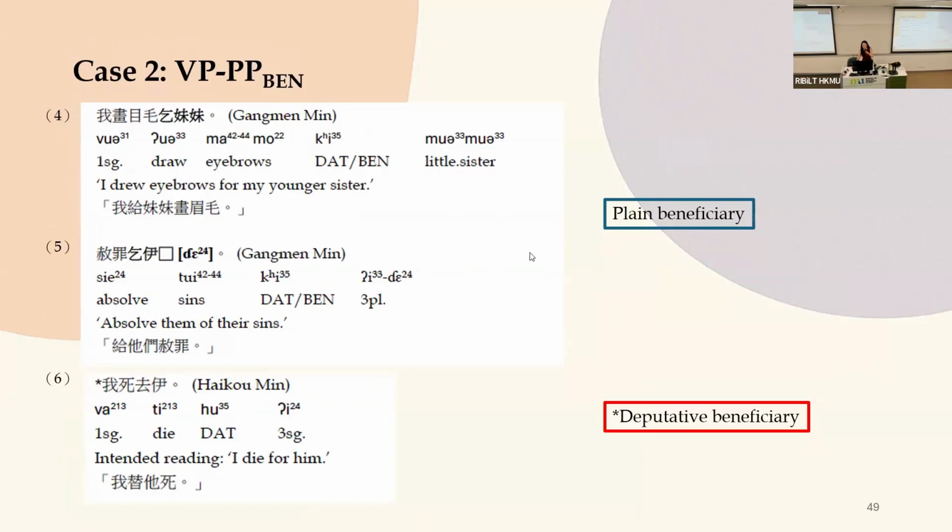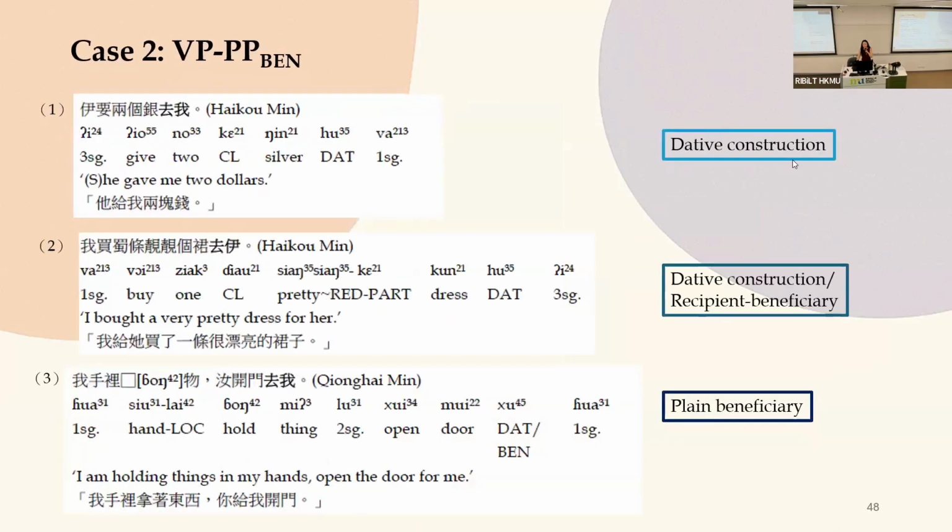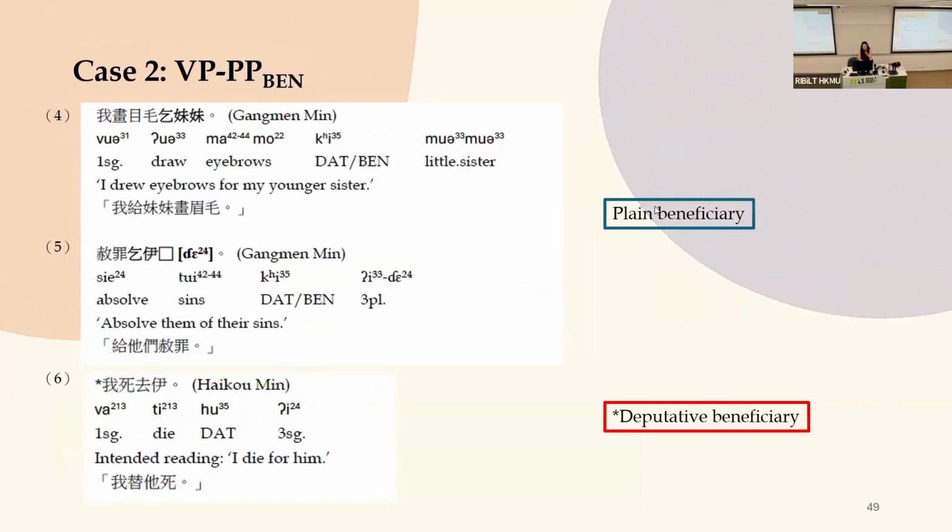But if we put it back into context, we can see it's not just a copy of the Be or Hlai word order, but it actually derives from a pre-existing dative construction. And we can see a rather clear roadmap to go from a dative construction to a recipient beneficiary, with receiving a certain thing so you benefit from it, to a more abstract form of transfer. Even this, you can interpret it as an abstract form of transfer.